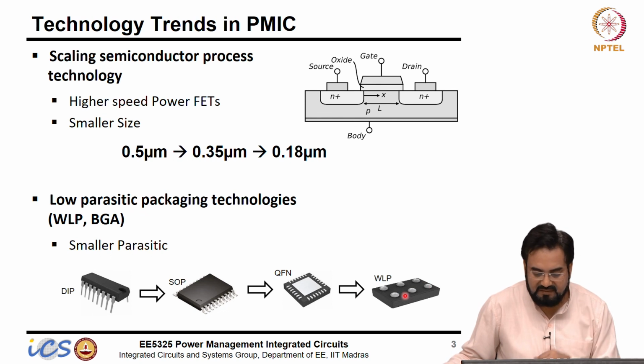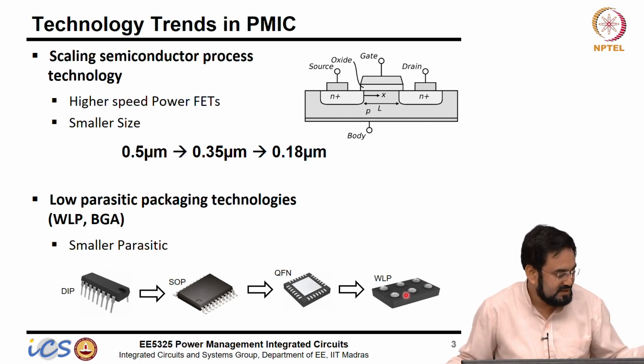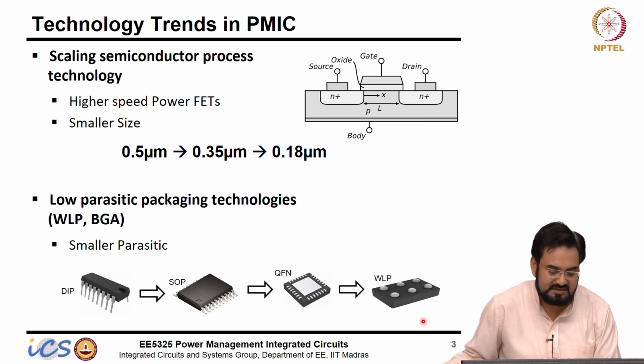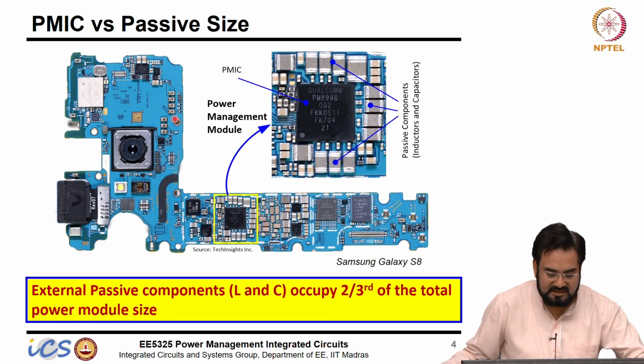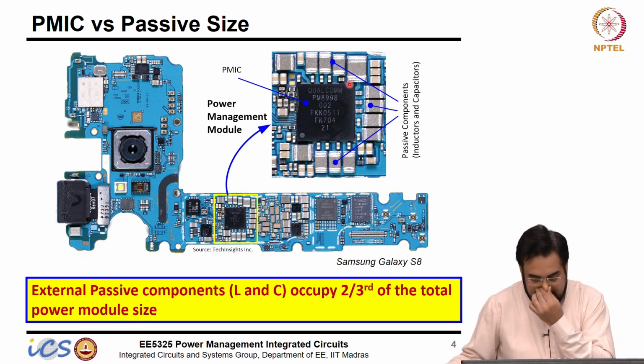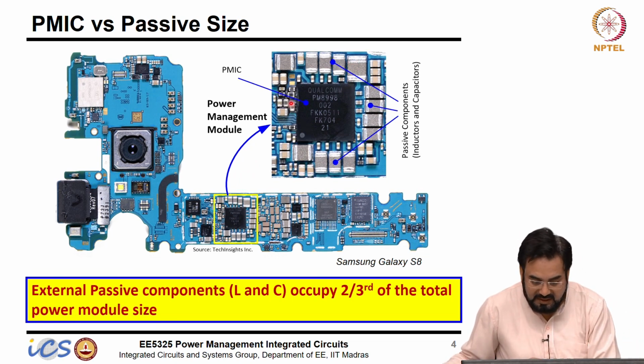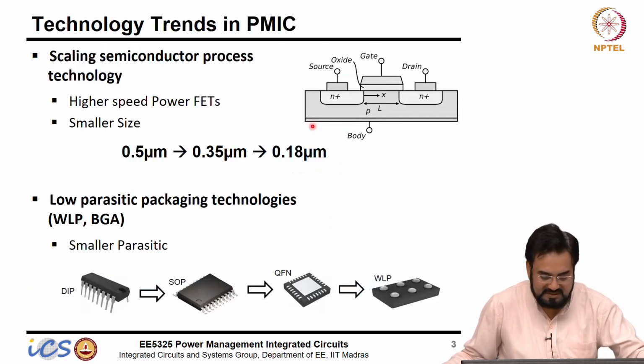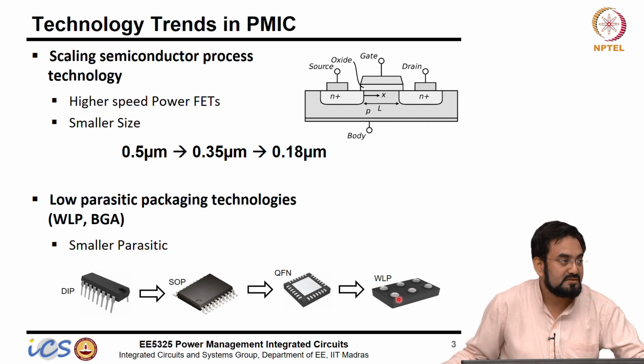So these packages are available, and most of the PMICs going in cell phones and other devices, you will see they mostly use WLP package. And you can see here, in fact, this is your Galaxy S8, and this is your PMIC, this guy. So this Samsung phone, this is a Qualcomm PMIC actually, PM8998, and at the bottom, if you flip it upside down, you will see exactly these balls.